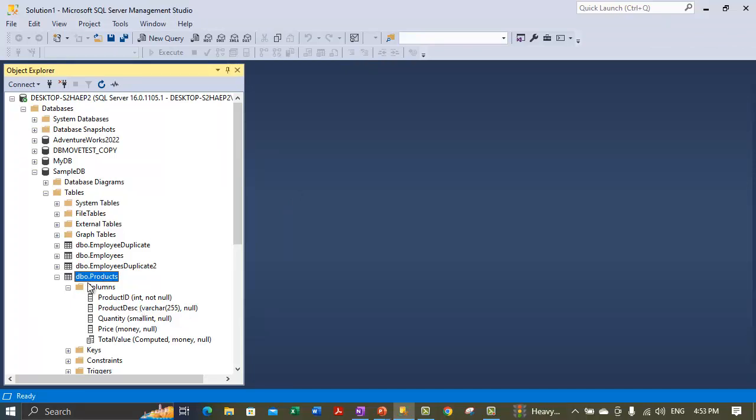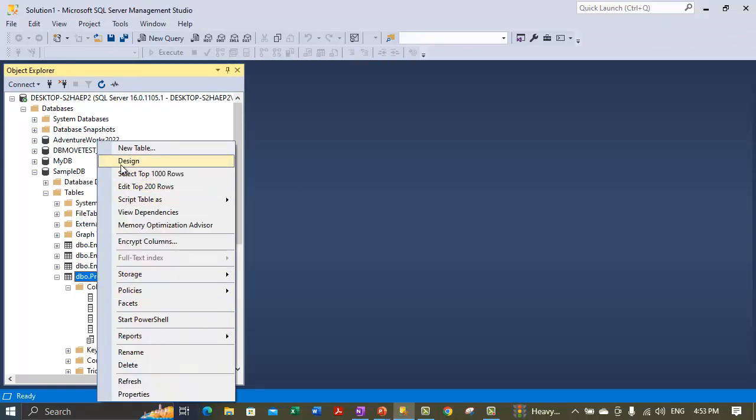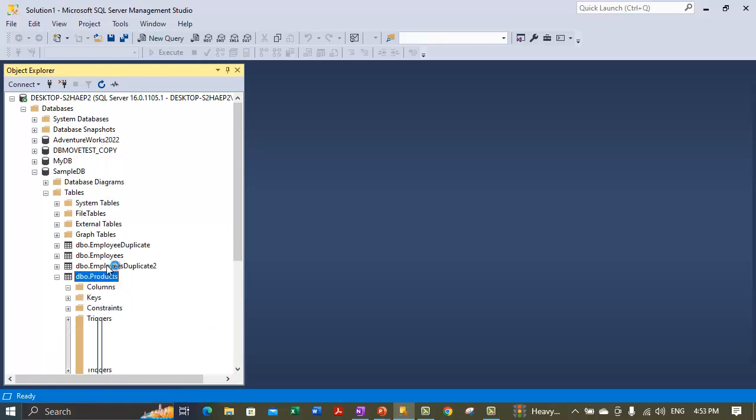So now the column name is updated. Right now it's showing the old column name. Let me refresh that so that it can show us the new name. The product name is the changed name now. So we are done with the second demo, and let's go to the third demo now, which is renaming a column